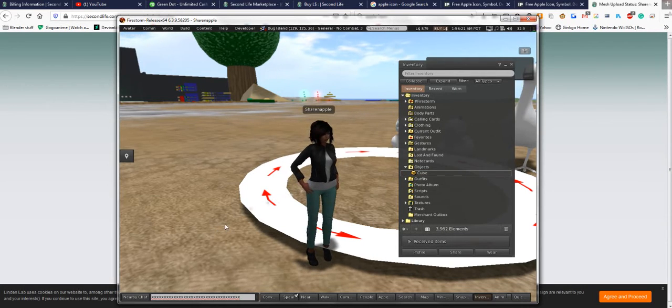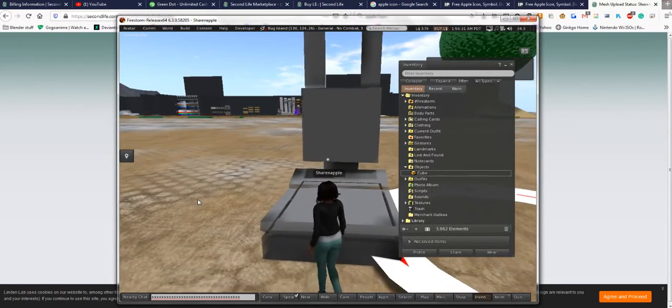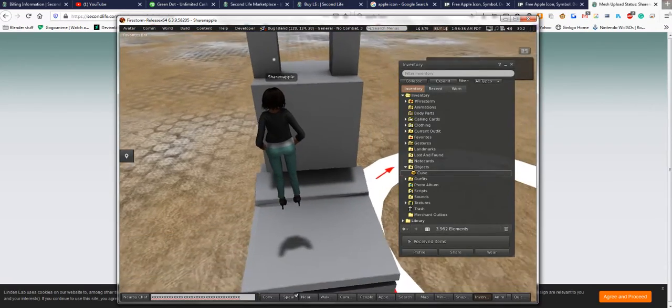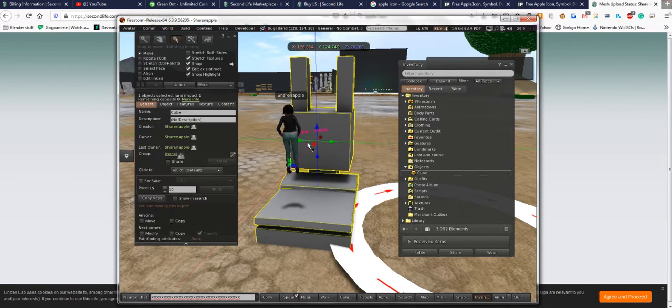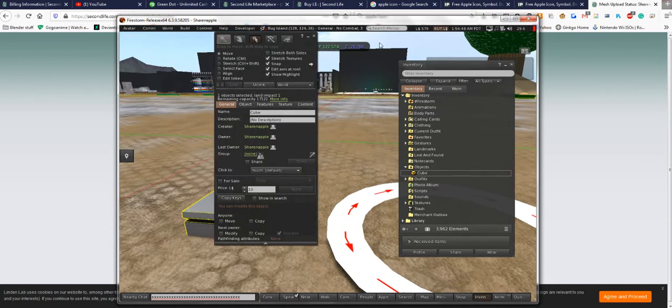So I'm going to put this on the ground. Any second now, it's going to rez. There we go. And as you see, we have our mesh item. Now because it's dumb and I didn't put any physics on it, what I like to do when it comes to importing stuff like this is just to